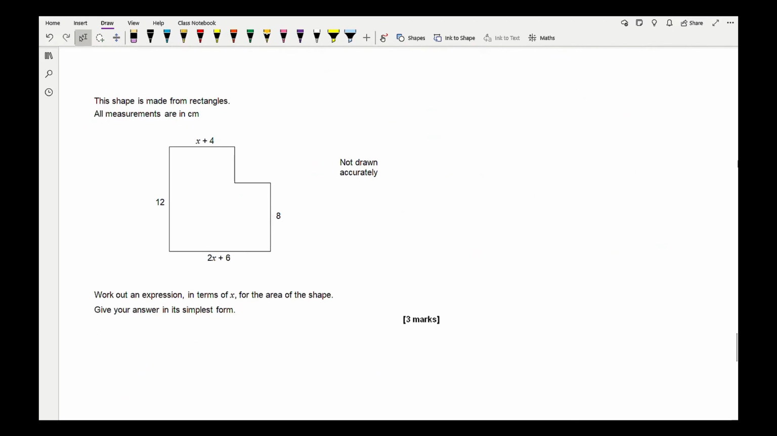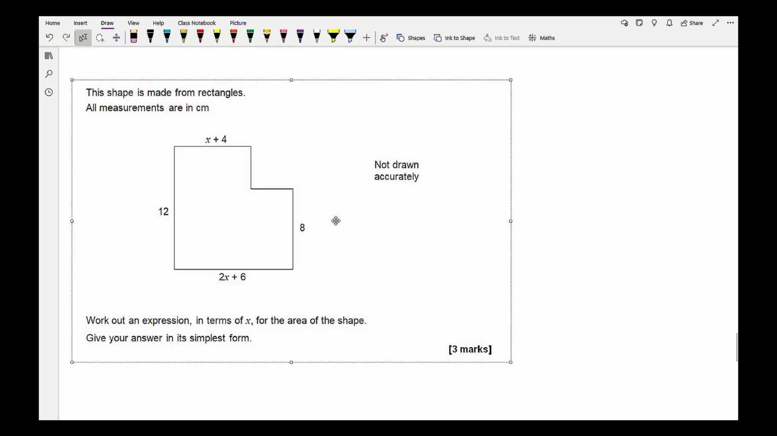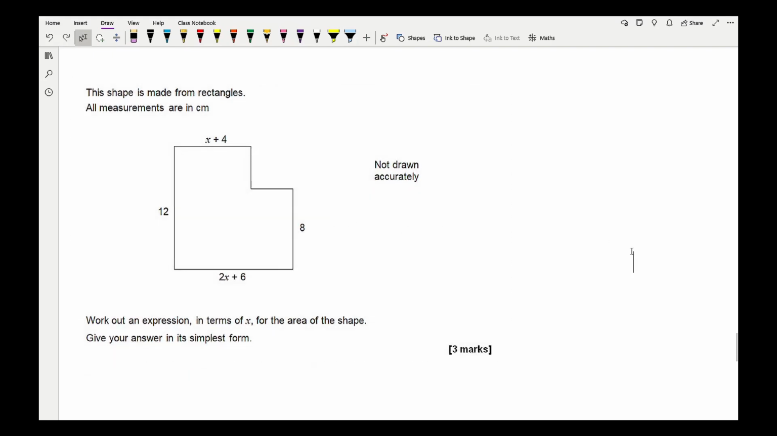So now what we're moving on to is questions that I've taken from exam papers. Now this one involves a bit of algebra. So the question says, and I'm just going to zoom in and make this question a little bit bigger, that a shape is made from rectangles. All measurements are in centimeters, which is good to know, and also that this diagram is not drawn accurately. Now the question says work out an expression in terms of x of the area. Okay, now it's not asking for the perimeter, and it's also asked me to write the answer in its